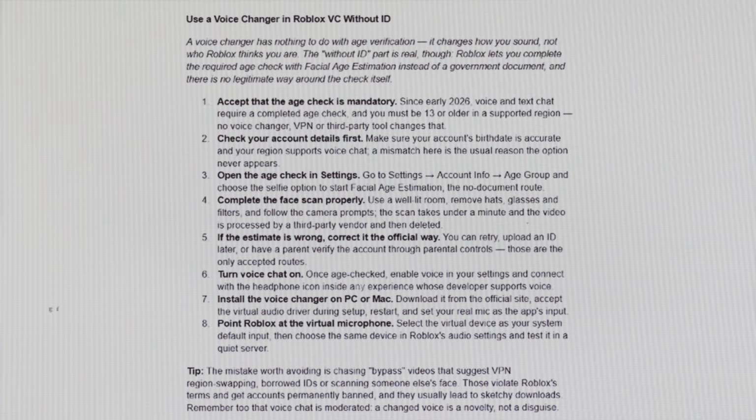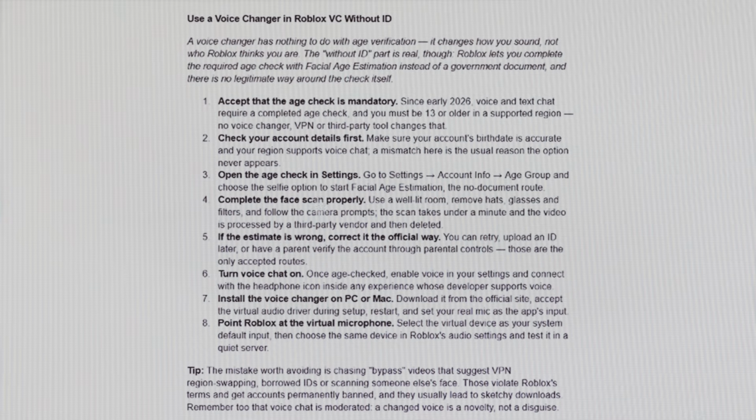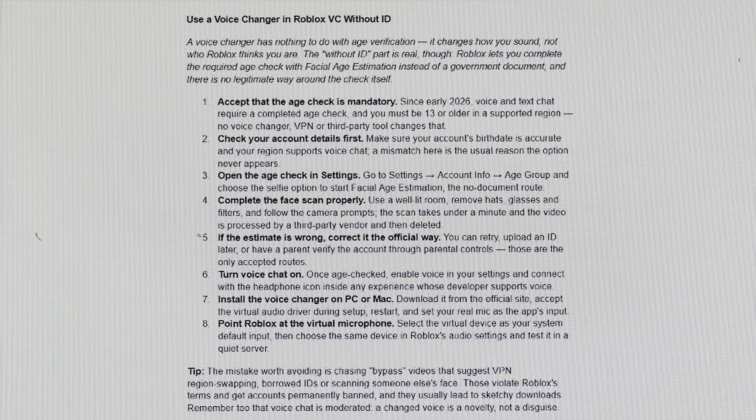Tip: the mistake worth avoiding is chasing bypass videos that suggest VPN region swapping, borrowed IDs, or scanning someone else's face. Those violate Roblox's terms and get accounts permanently banned,